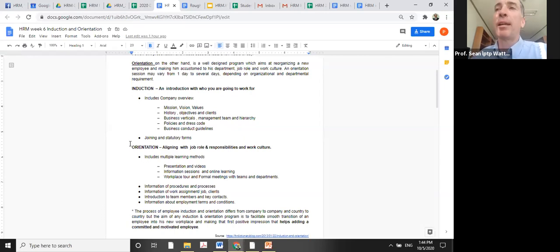But in Korea, it's usually different. In Korea, they would bring you into the company, sometimes for the first couple of weeks or months. In Korea, you are trained on site about how you're going to be doing the job. Make sure we understand the difference. In Korea, the induction and orientation can be completely separate.